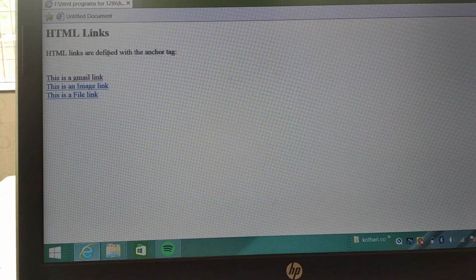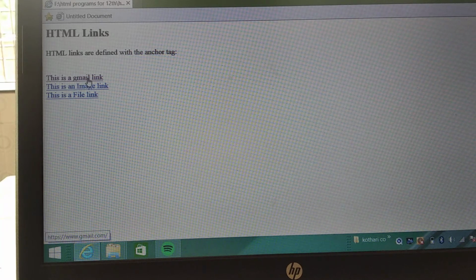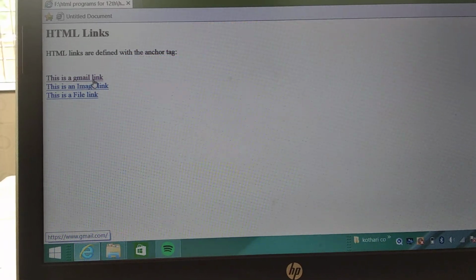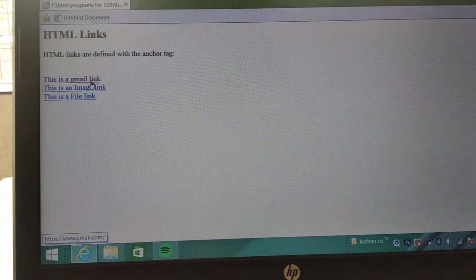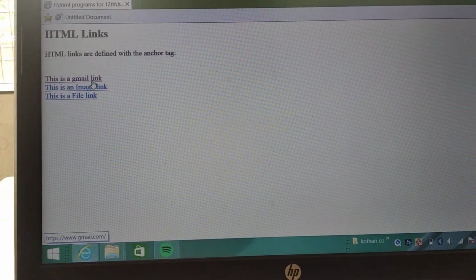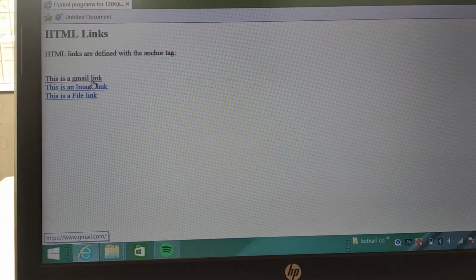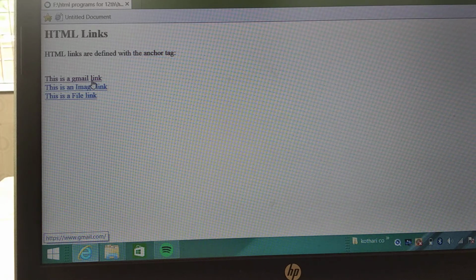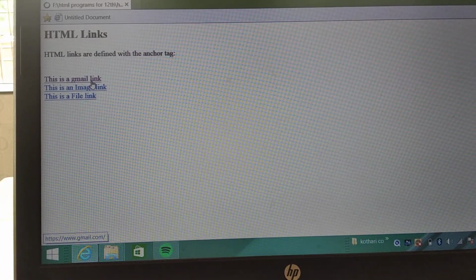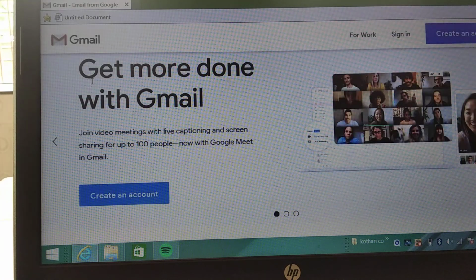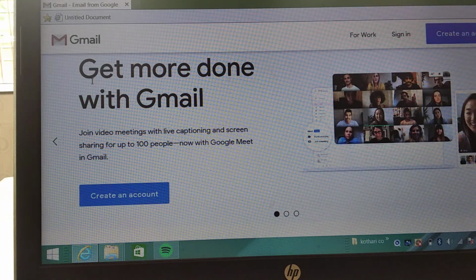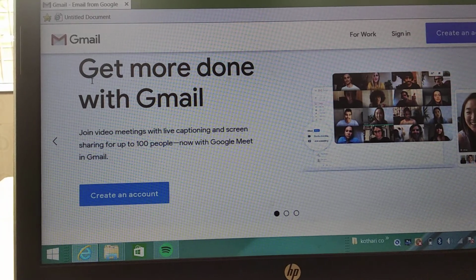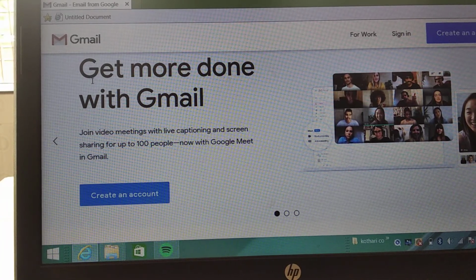Here is not a link, here is also not a link, here my mouse pointer has changed. If I want to open the Gmail link, then I have given the word. You can type your own sentences here. I have typed this sentence. When I click here, what will happen? After pressing this, I am directly reaching the Gmail website. Again I am getting back